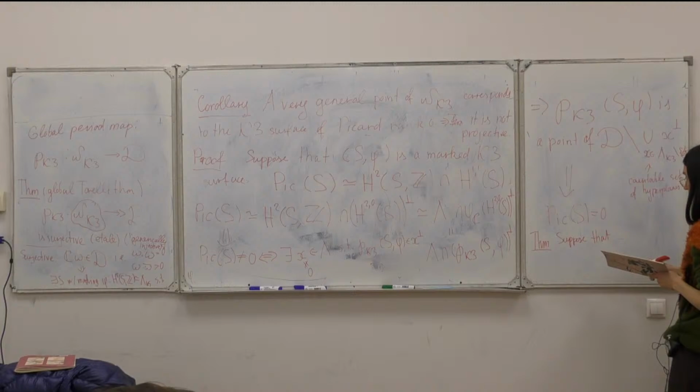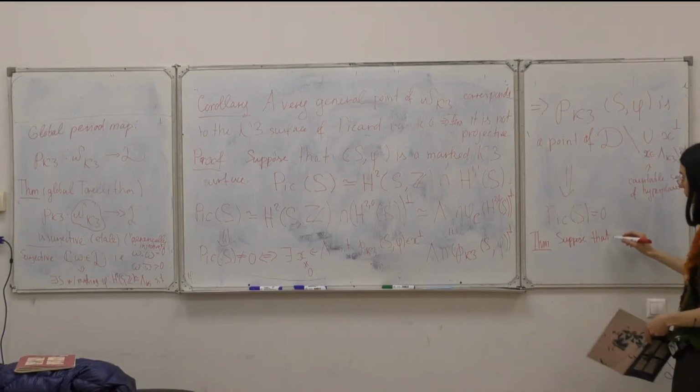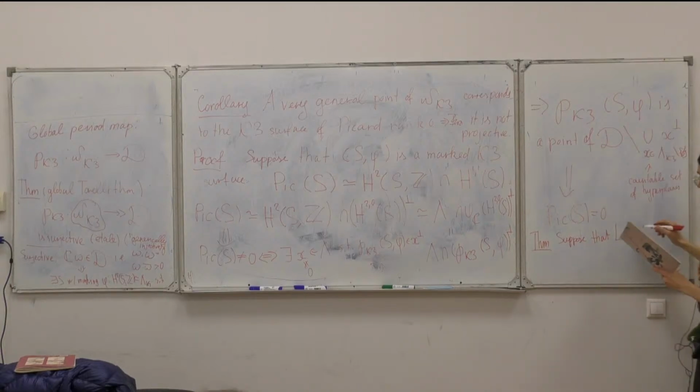Как бы её обозначить? Ну ладно. Как обозначить решётку? L. L is a lattice